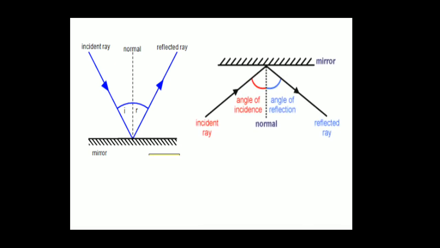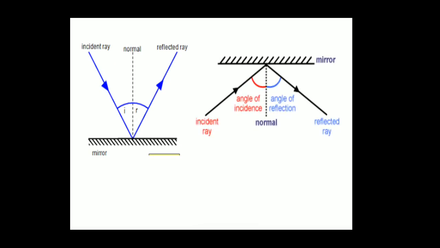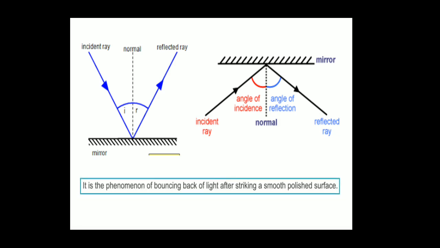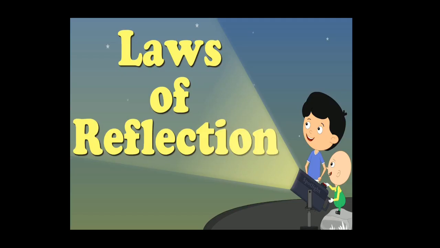But the idea is that the incident ray, normal, and reflected ray have to be shown properly. The normal should be drawn with a scale at 90 degrees. That is most important. So reflection is a phenomenon of light where light that falls on a surface bounces back. Mostly a polished surface has a very good reflecting ability. Any polished surface, the reflecting side is very good.